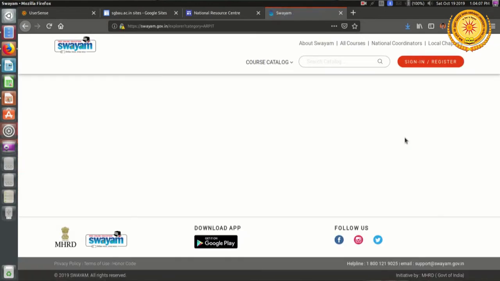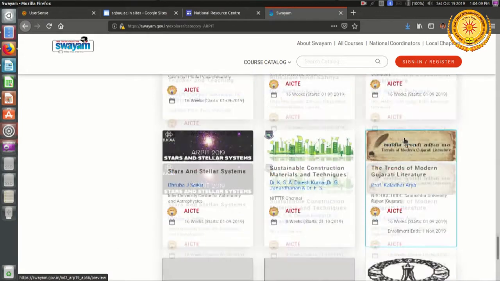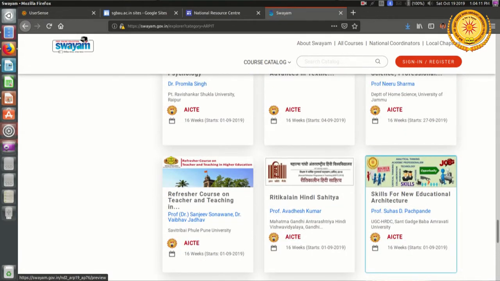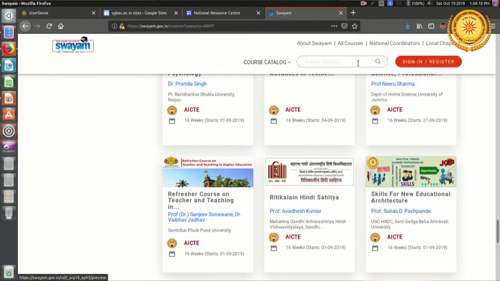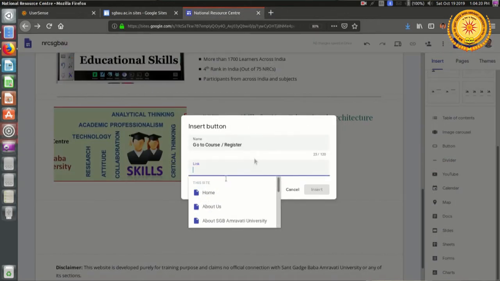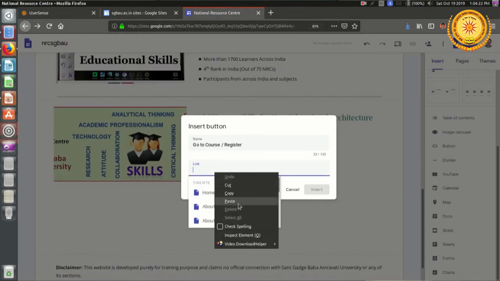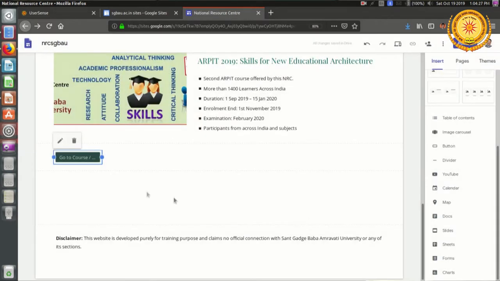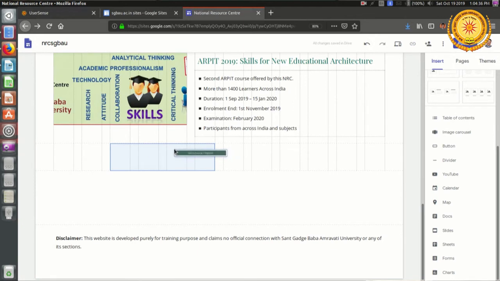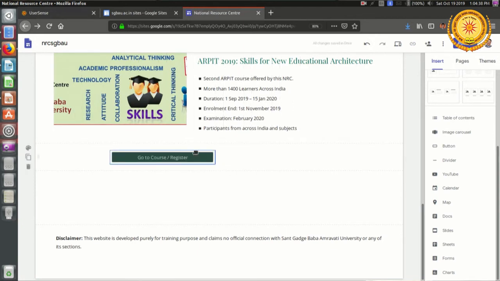Under ARPIT I have to find the skills for new educational architecture. Right click, copy link location. I will close this window and here paste it. So insert. Now I can see that a button has appeared. What I can do, I will increase the size of the button and I will place this button somewhere at the center.